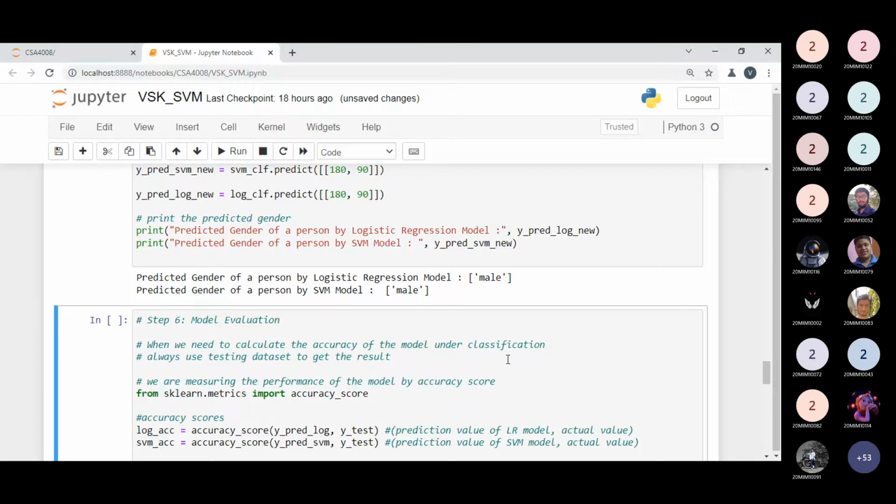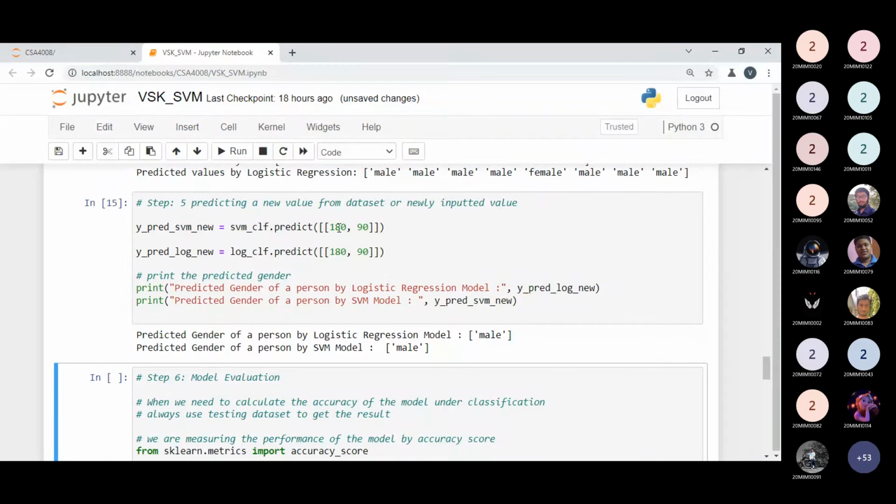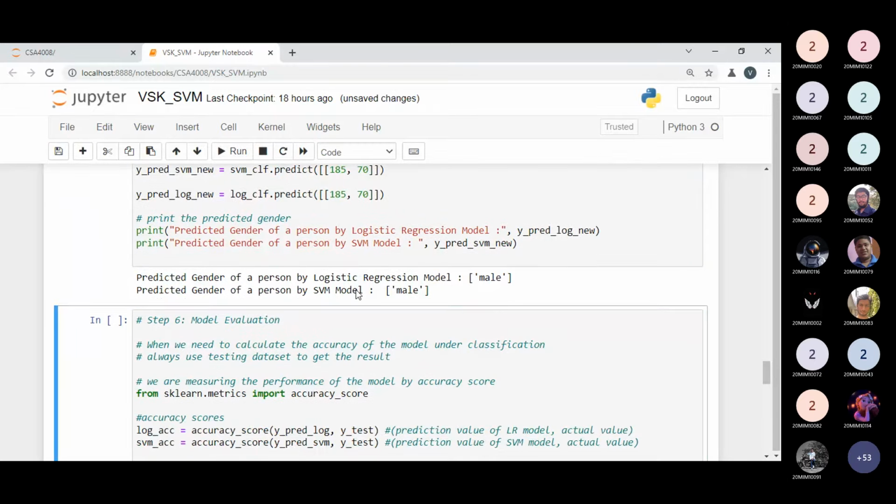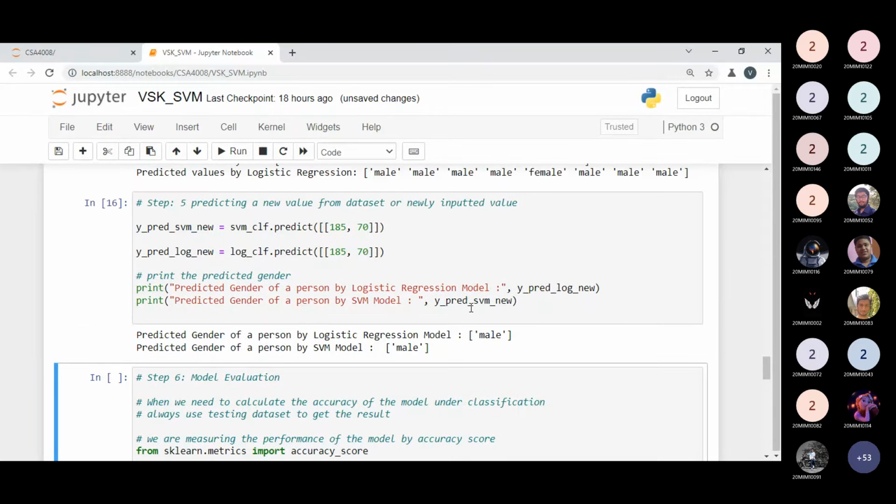So both models are giving the same output, that is, the person is male. But I'm changing something in front of you. Suppose I'm giving the person height as 185 and weight as 70, and the same input over here for the other model. So now I'm also getting the same output. Both models are giving approximately the same prediction. Right or wrong, we can't say right now because I'm just giving new input data. So this is my prediction: the person whose height is 185 and weight is 70 kg would be male.